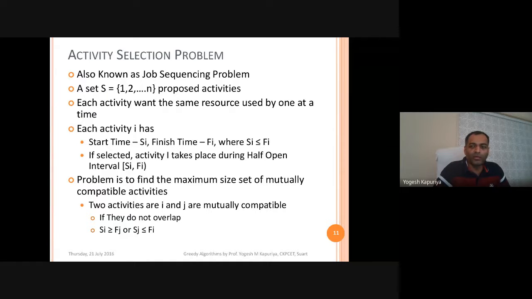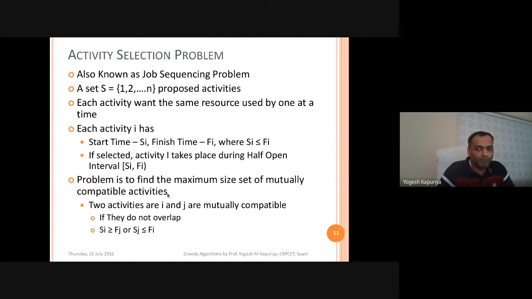Like you have classes between 9 to 12, then you have some appointment with a doctor, let's say 1 to 2, or sports related activities between 3 to 4 or 5, something like that. So each activity has some start time and some finish time. The objective, or the problem, is to find a maximum size set of mutually compatible activities.